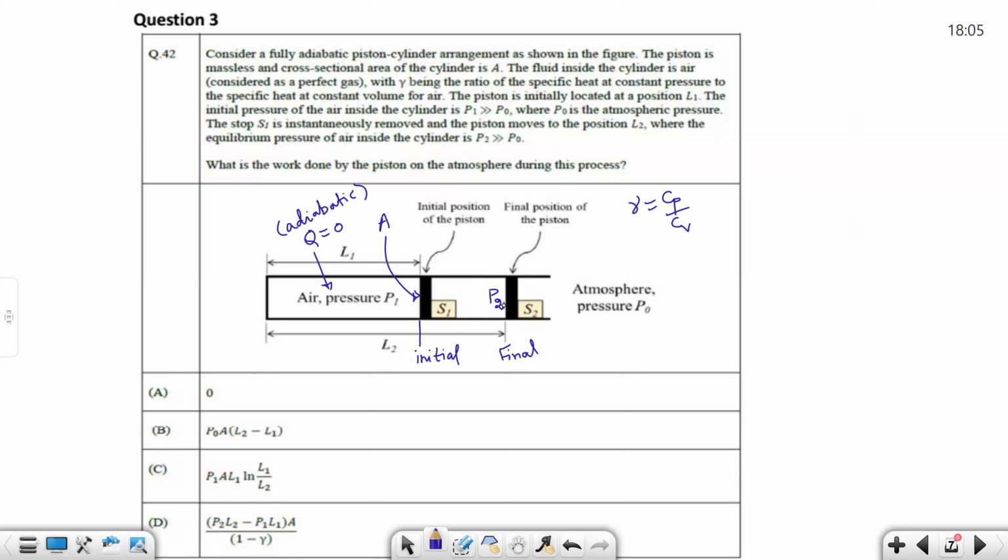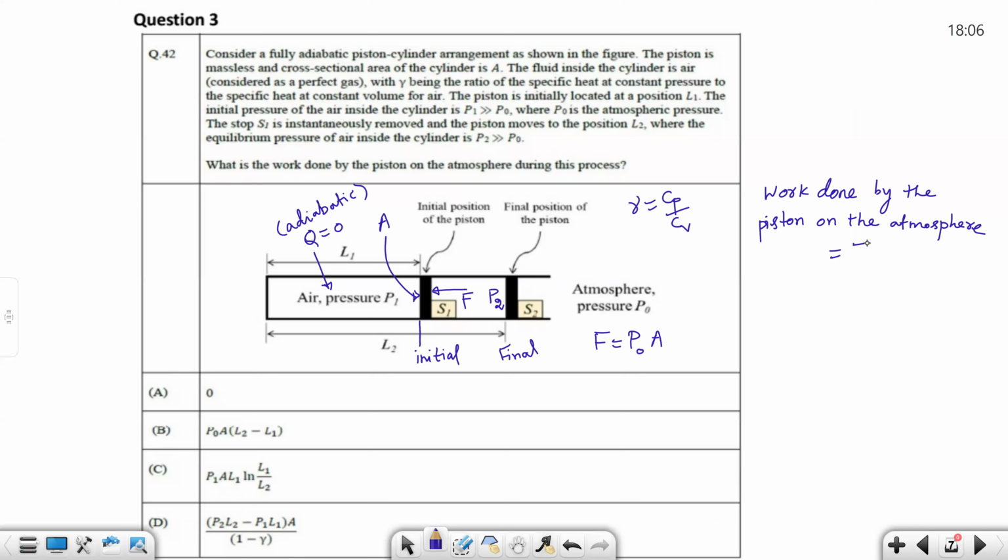So that means the atmosphere is giving a resistive force. So let's say F is the resistive force. This F, the resistive force, will be equal to the atmospheric pressure into the area of the cylinder. So this is the resistive force which is acting on the piston by the atmosphere. So work done by the piston on the atmosphere